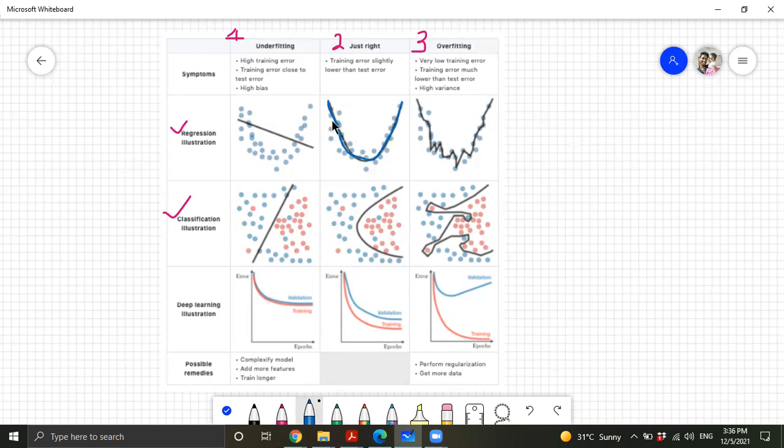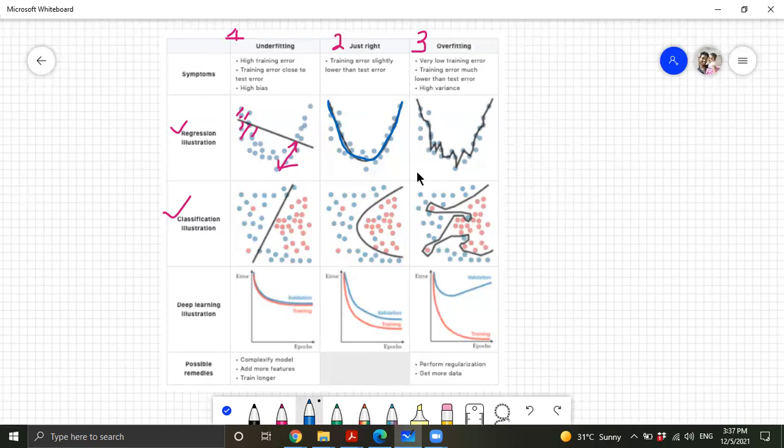It just got low error. If you find the error here, you can see this model has this error from this data point, and this error from this data point. This point will have this much error, and this much error will be high. And you can also see that in the other model the error will be low. It goes through all the points, so the error will be low. But the thing is, if you get a new data point at this point,